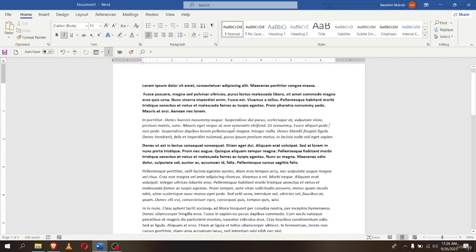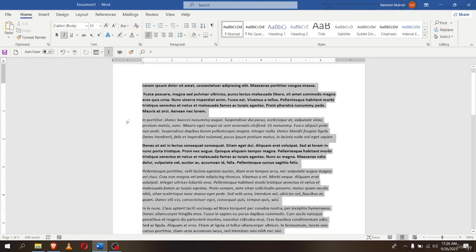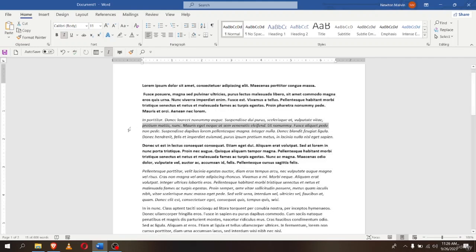Now here, if you want to select paragraphs that are not together, what you can do is go over to this diagonal mouse and press Control, and then if you go down, you can see that it selects everything. But if I start selecting from here and then press Control, you can see that it selects. All right, now if I go down again, and then press Control and keep pressing like this, you can see that it selects just like that. Okay,